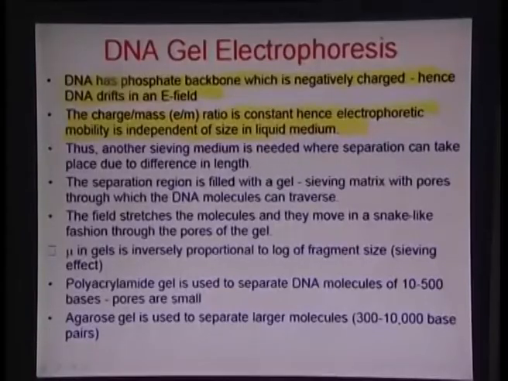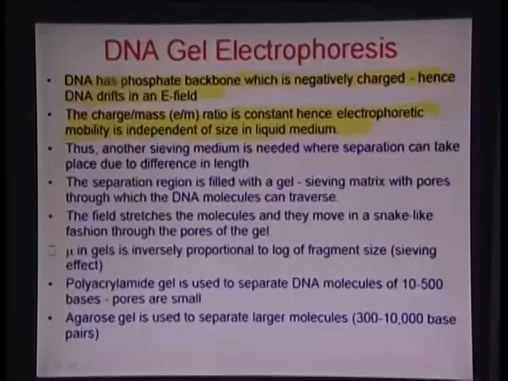Therefore, if you put it in a liquid medium where there is no sieving effect or frictional effect, it will move as one blob altogether, whereas if you put it in a medium like a gel material, there would be differential mobilities dependent on the size, just on account of the friction that the medium provides to the DNA molecules. So another sieving medium is needed where separation can take place due to difference in lengths, and the separation region is filled with a gel sieving matrix with pores through which DNA molecules can traverse, and the field stretches